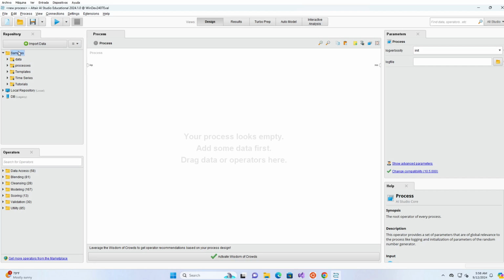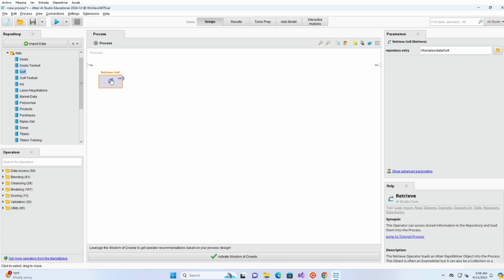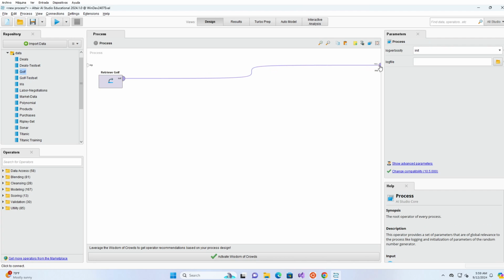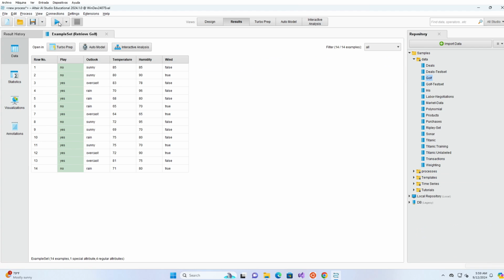If you go to the samples, these are sample data sets and also some sample processes or projects that RapidMiner has. If you drag the golf dataset to the process area and you click on the output port of the dataset and connect it to the output port of the process. This is the weather dataset, also called golf dataset. If you click the play button, it will run the process, which is just connecting the data to the output